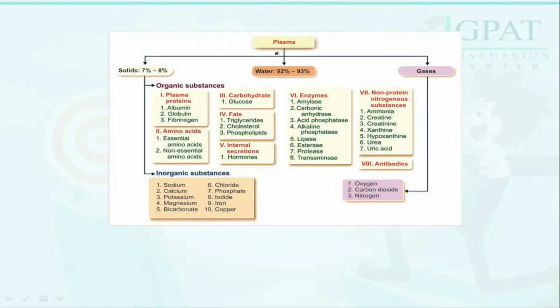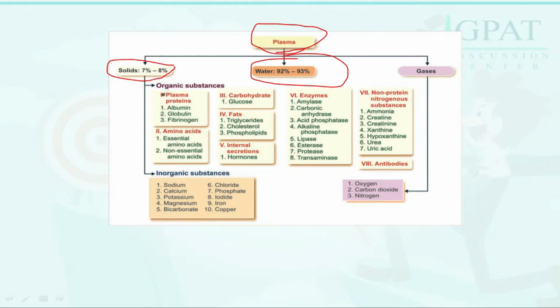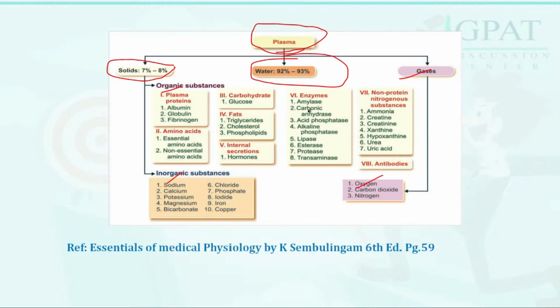So here is the plasma, which consists of 90 to 93% water, and the solid content, which includes organic substances and inorganic substances. The third one is gas: oxygen, carbon dioxide and nitrogen. So the correct answer is water, meaning plasma consists mainly of water, 90 to 93%. So moving on to the next question,